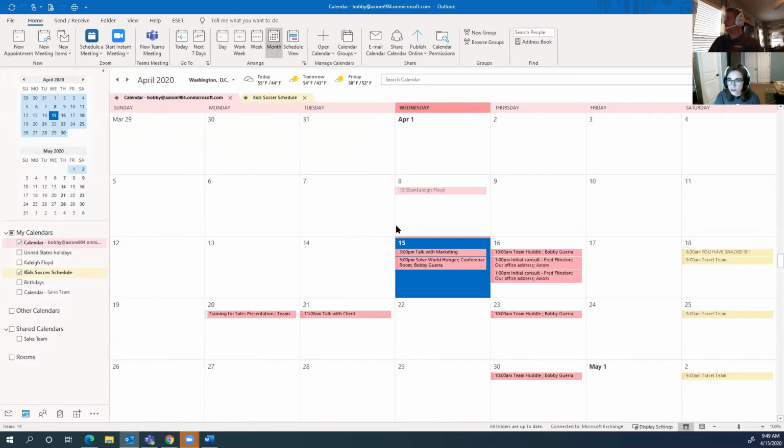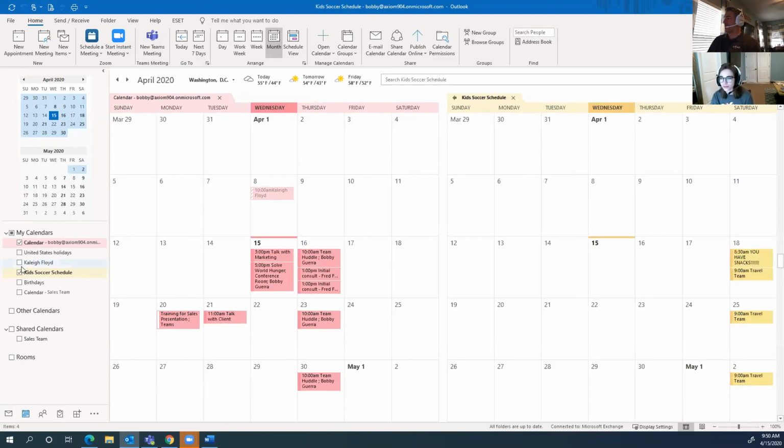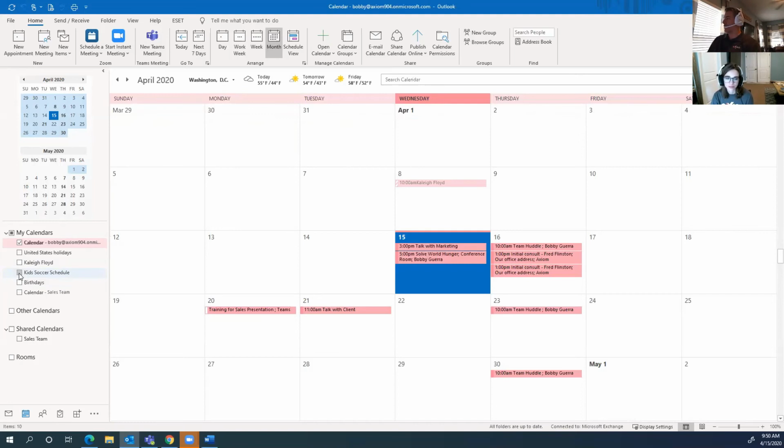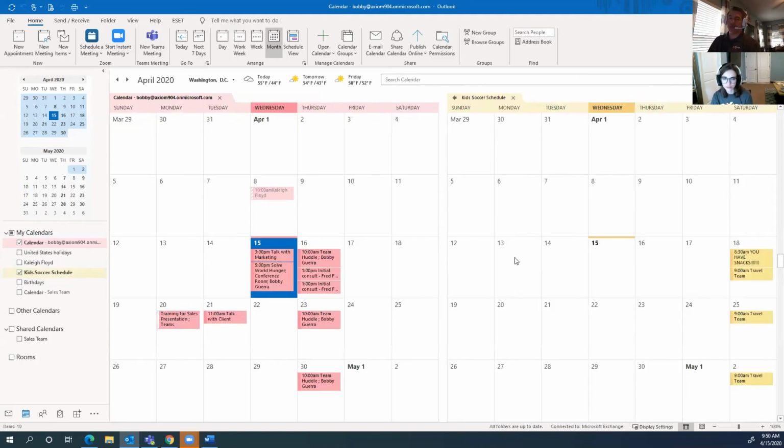Doesn't it make yours highlight? So when I go to create an appointment, by default, it's going to use whichever one you have focus on. That's important, so you want to make sure you don't put a work meeting on the kids' soccer schedule. Right, yeah. So if you find yourself not doing this correctly, it might be better to split it out, or just uncheck it right here so that you don't see it, and then when you need it, you can just bring it back. Right.